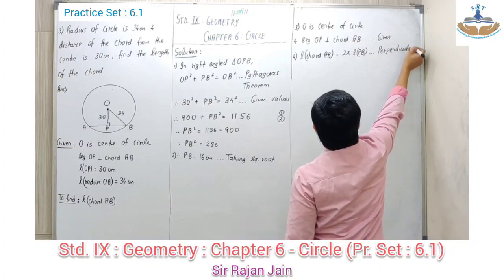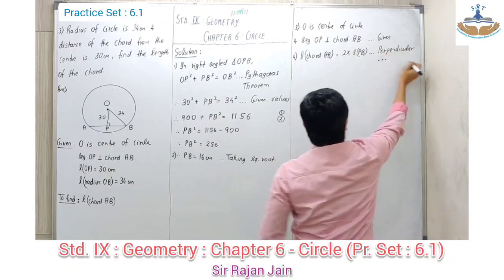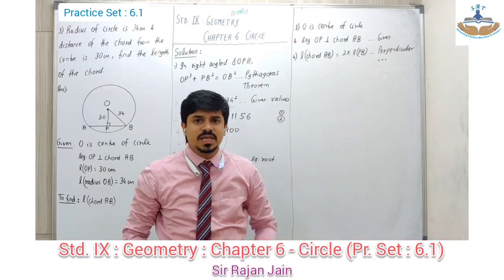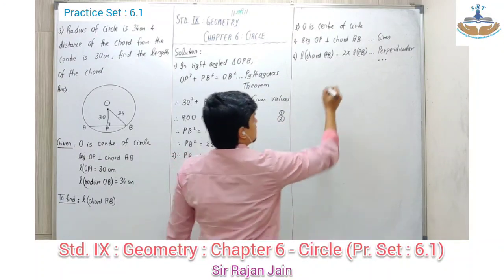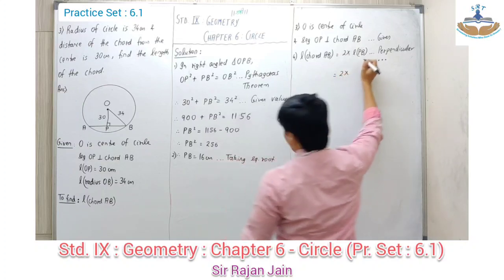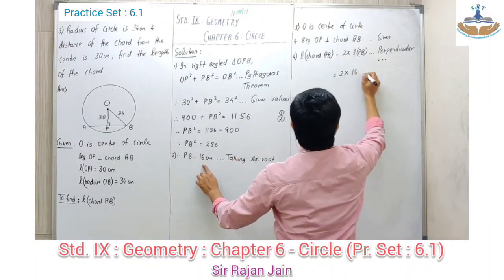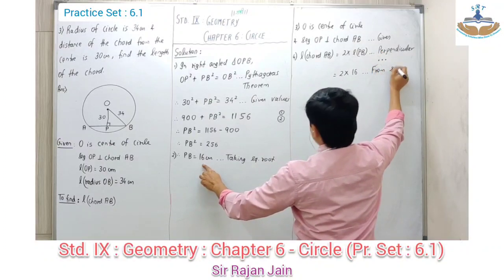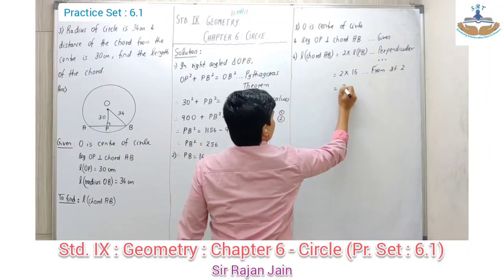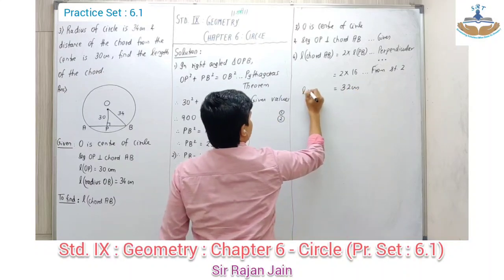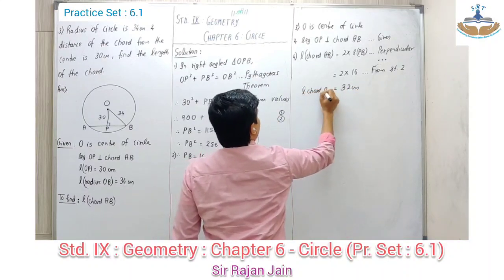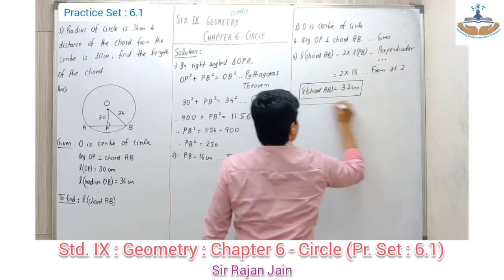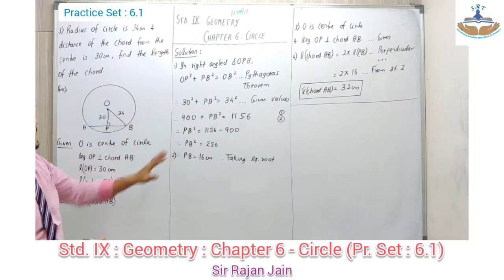Reason, you will write the entire theorem का statement. I am not writing it over here. You have to write the entire statement. Do not put dot dot dot. Reason, you will write: perpendicular drawn from the center of the circle to the chord bisects the chord, which is now 2 into PB. PB के जगह पे I will write 16. Here I will write this value. I have got it from step number 2. Now 2 into 16 is 32 centimeter. So you have the length of chord AB is 32 centimeter. Is that clear? Understood the entire sum?